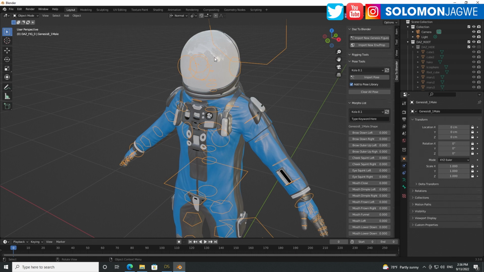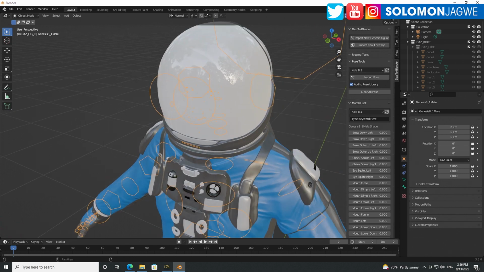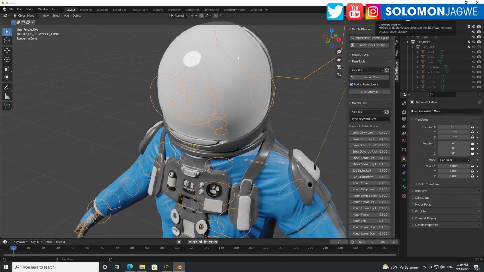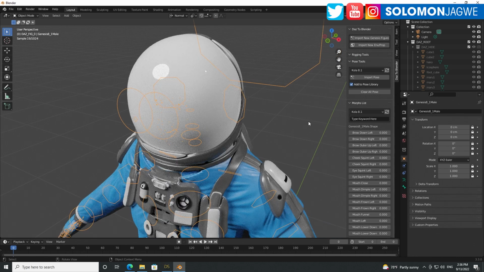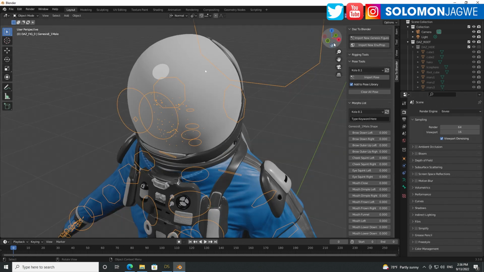Now, if you look over here, right now we're using Eevee. Actually, no, not Eevee. This is just the viewport. But if we click over here to the shader display, it switches over to Cycles or Eevee, depending on which one you have by default. The way to find out, of course, as any of you know, is to go over to here and check which render engine has been selected. If you go to Eevee, that's what it looks like.